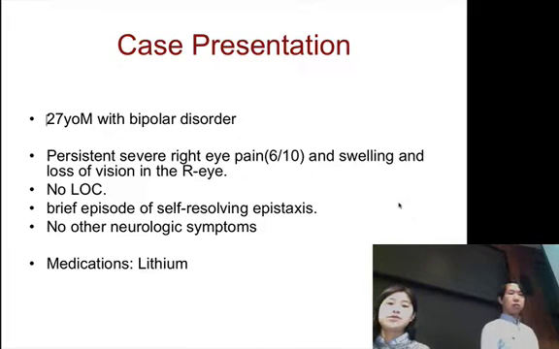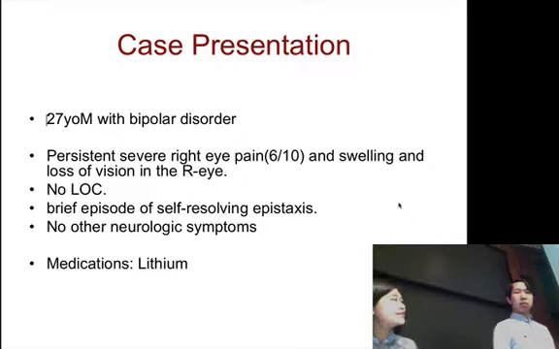There's a brief episode of self-resolving epistaxis, which is nose bleeding, and there are no other neurological symptoms. He has a medical history of bipolar disorder, and he's on lithium right now. All the physical examination and lab tests were normal, except the nail penetrating the eye